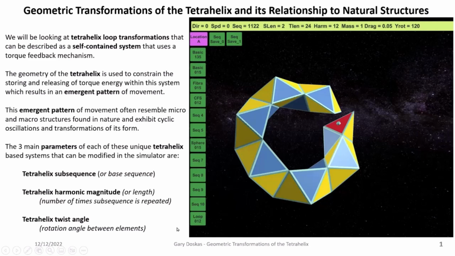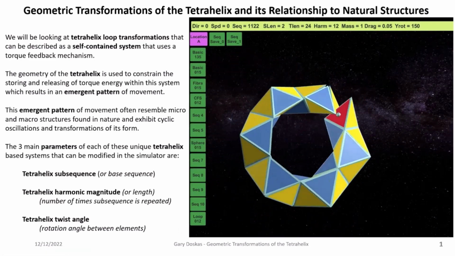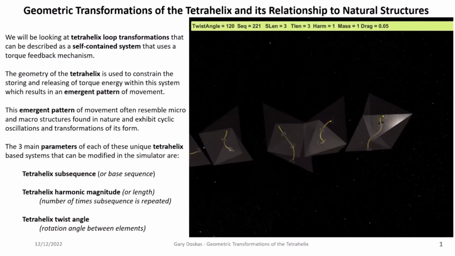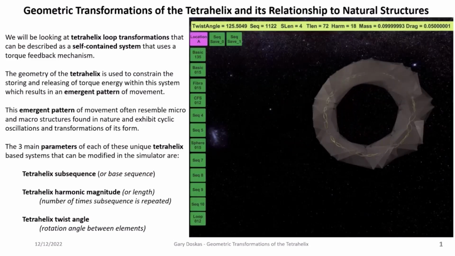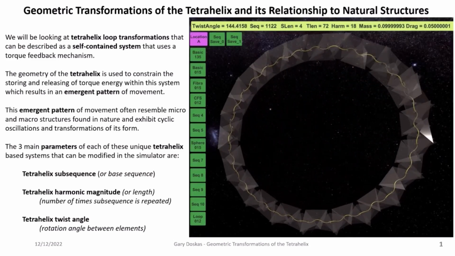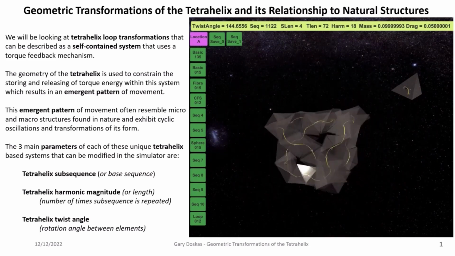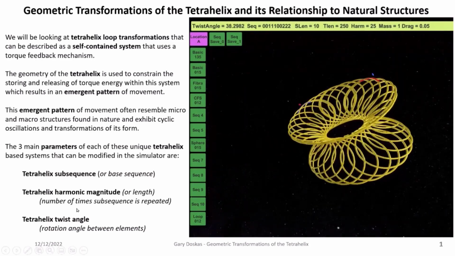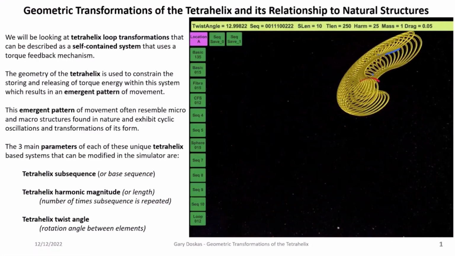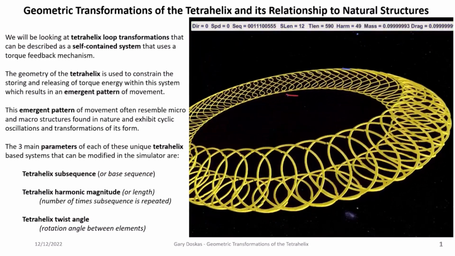We'll be looking at a concept of a Tetrahelix loop transformation that can be described as a self-contained system that uses a toric feedback mechanism. Let me just run a sample of what this is, a couple of highlights of what we'll be covering in the rest of the conversation. The geometry of the Tetrahelix will be used to constrain the storing and releasing of torque energy within the system that results in this emergent pattern of movement. And these emergent patterns of movement often resemble micro and macro structures found in nature